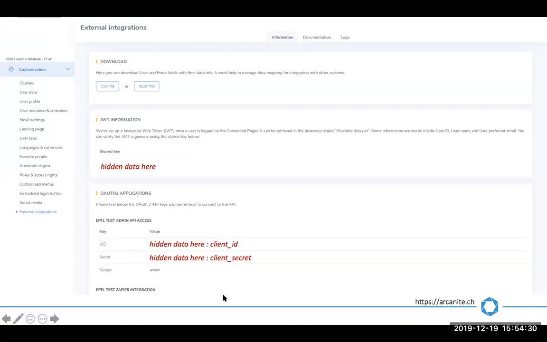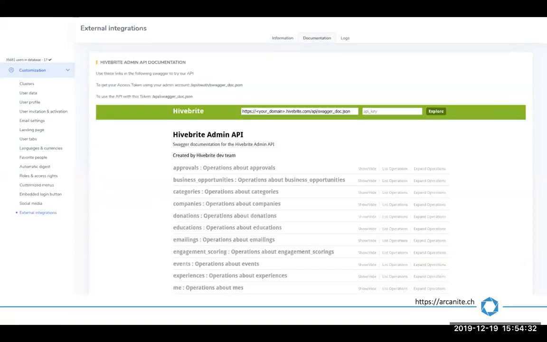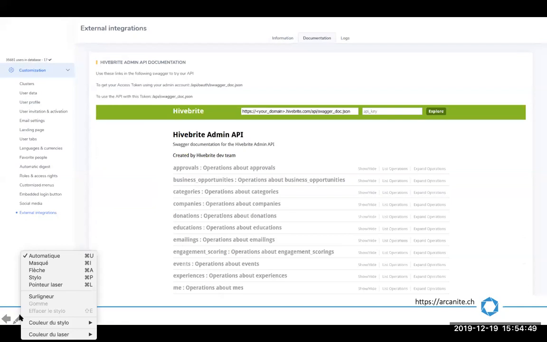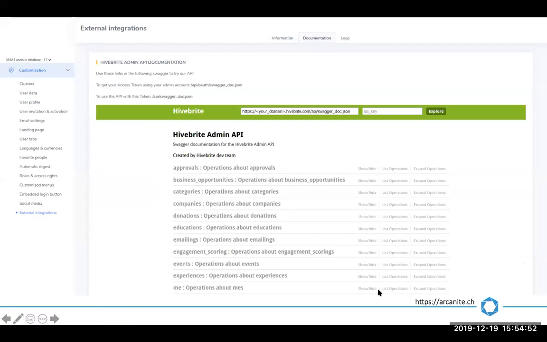And then you can go to documentation, the second tab, at the top. The documentation tab is providing you all the calls that you can access through the API. So you have the approval, the business opportunities, categories, and so on. And I took a print screen, but there are many more. It's alphabetically ordered. You see the last one is in the M. A very important one is the users one at the bottom. And all of the sections, you can expand them and see you have like 5-10 calls for each of the